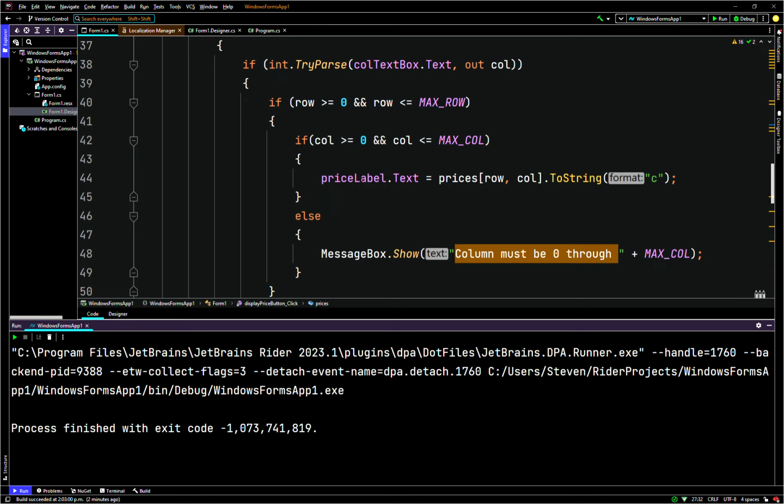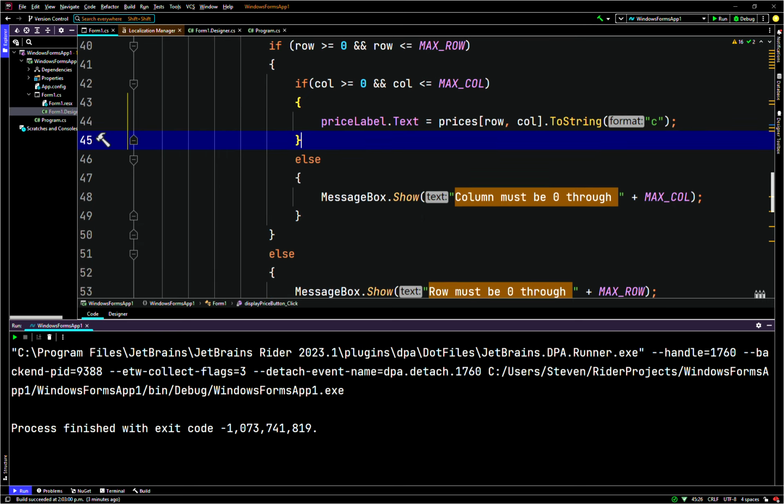Then we'll set priceLabel.Text and we'll point it to prices array index row comma col, and then we're chaining it to .ToString, passing in C as a string formatter. Then else MessageBox.Show